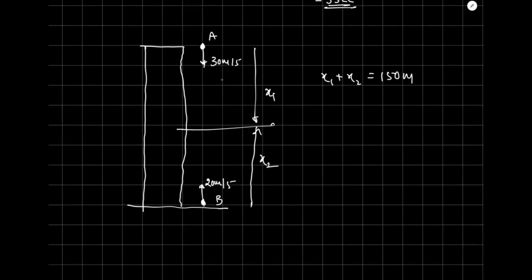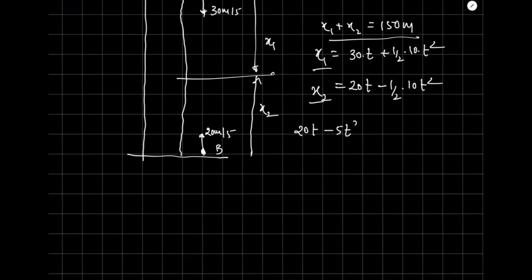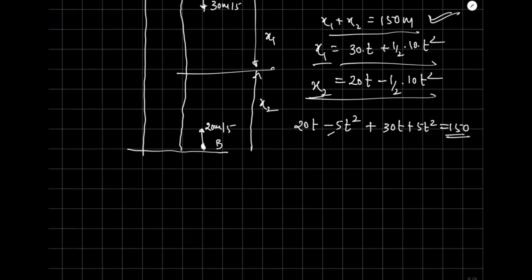I will use the equation separately for A and B. So for A, I can say x1 is equal to ut, 30 into t, plus half, acceleration is in the direction of velocity only, so 10 into t square. And similarly x2 is equal to 20 into t minus 1 by 2 into 10 into t square. Now you can add the equations. So 20t minus 5t square plus 30t plus 5t square is equal to 150. हमने ये जो वैल्यूज है उसको इस इक्वेशन में प्लेस कर दिया, तो आपको पता है ये टर्म तो कैंसिल हो जाएगा। Then you will get t is equal to 150 by 50, that is 3 सेकेंड।